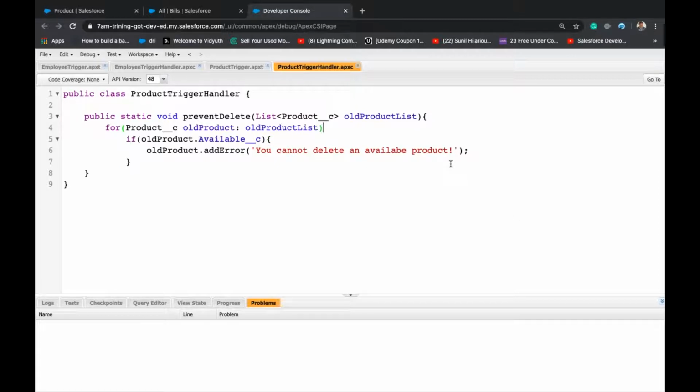So I have done a small mistake. It's not a mistake, but it's against best practices. So now I don't have a container for this for loop. Still it's working because I don't have too many products and I don't have further logic. So we should always have a container.